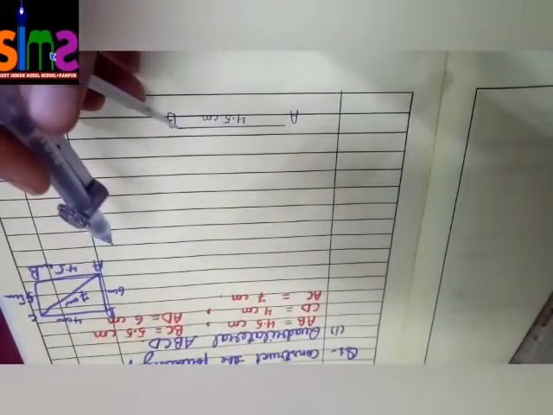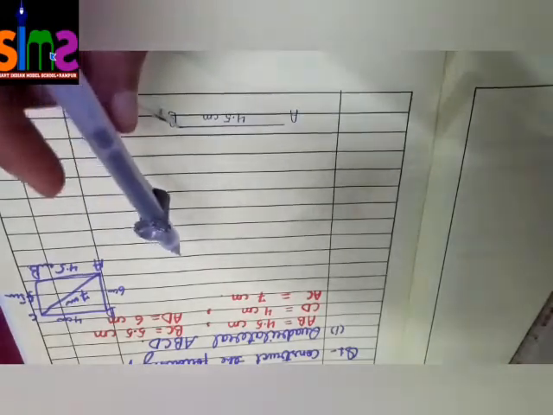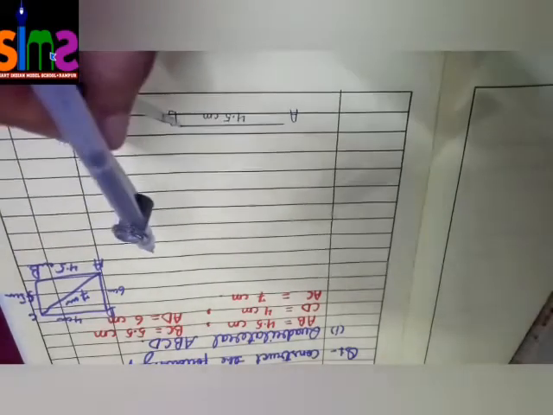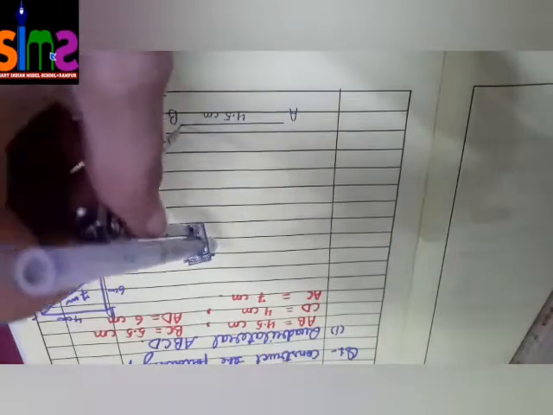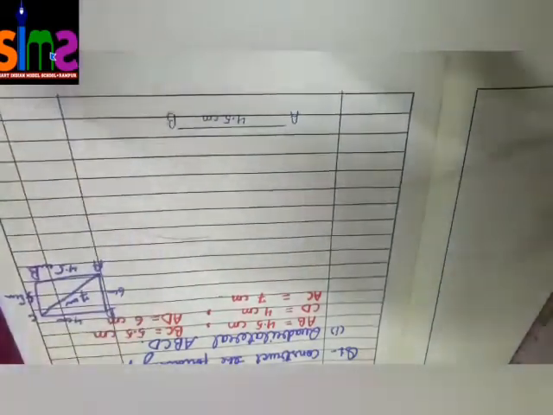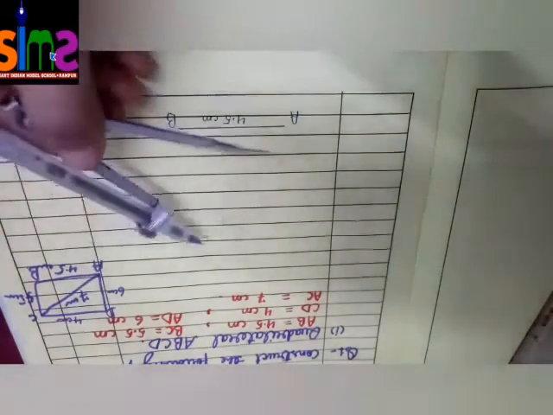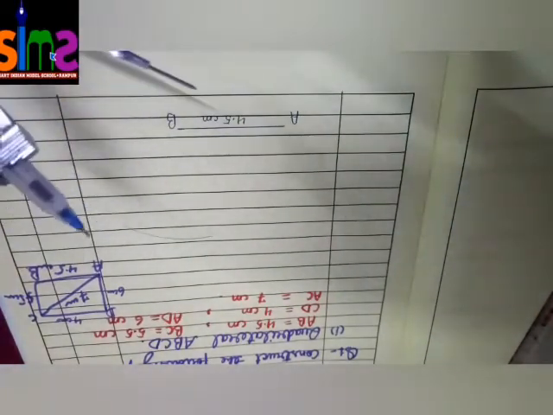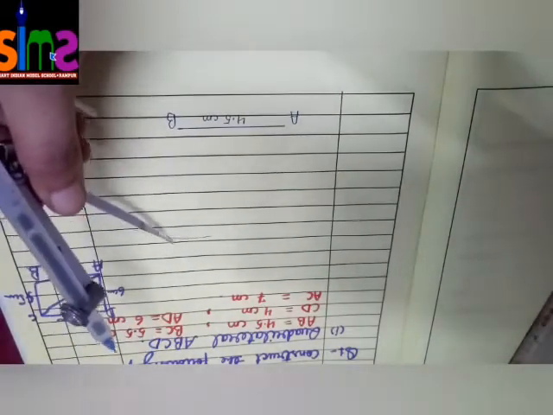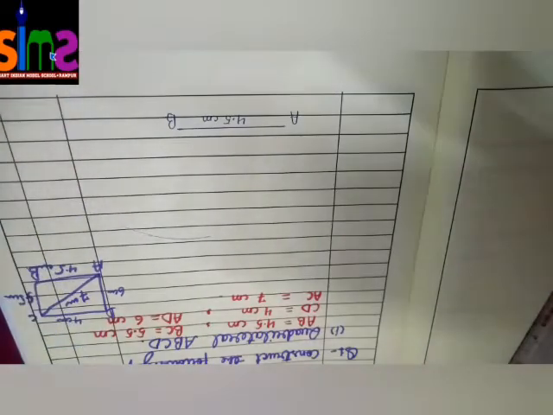So we will put our compass on point B because we have to draw BC. We don't know where our C will lie. So we will put the compass on point B and then we will mark an arc. This is called an arc. After that we will not write down C, because C can be here, here, here. So we will not write down C here.